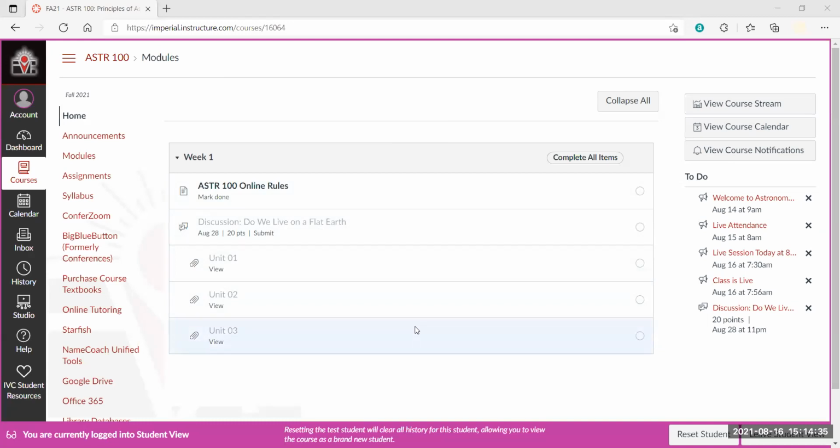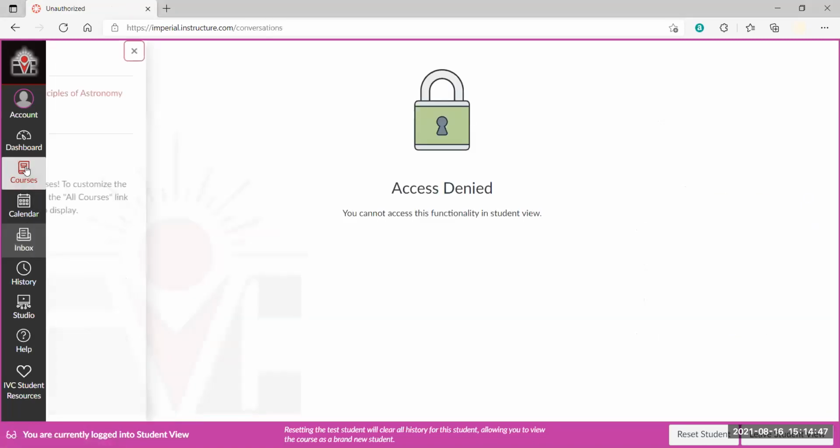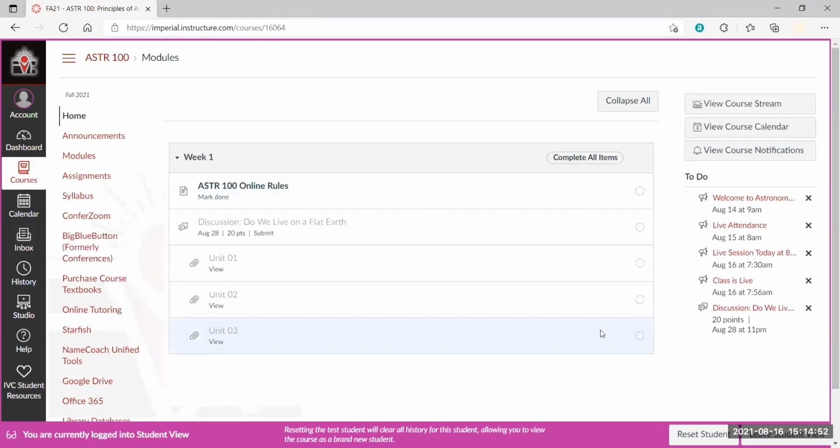However, if you really want to reach me and contact me, there is this button that you can click in here. If I click on the inbox, I don't know if I can or not. Access denied, because I'm using an account which is really not a real account. I don't have an email account.